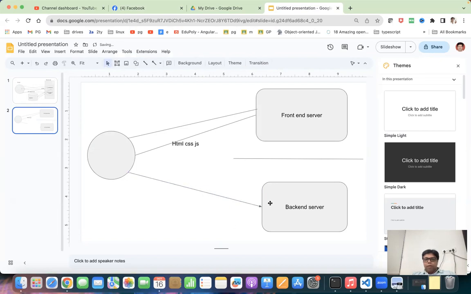So this backend server is now not maintaining all the templates. The backend server is now going to maintain only APIs. It is only having a set of functions; APIs are nothing but functions, API endpoints ultimately. So these APIs will give you the data